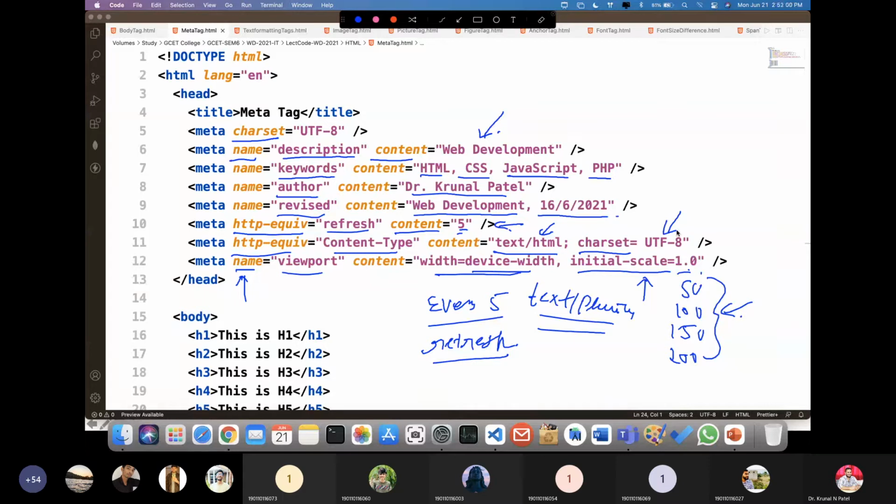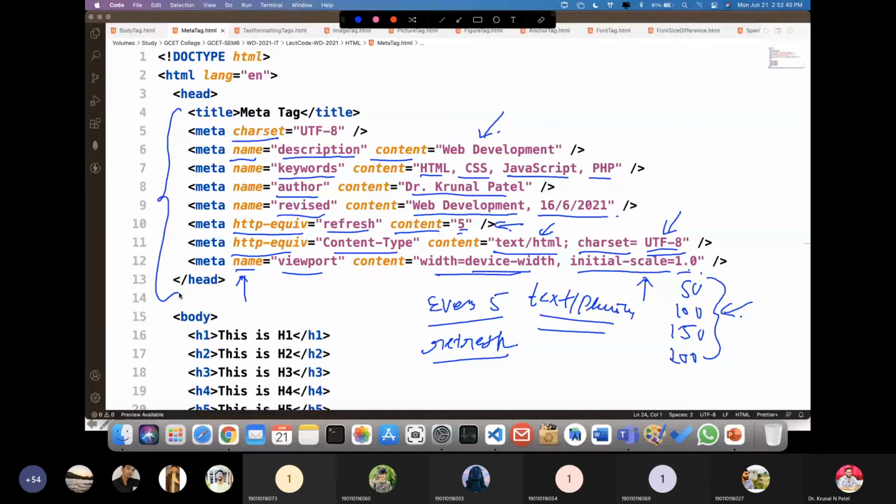Right now UTF-8 is the default, as I discussed earlier, but for previous browsers the default value was a different one. I forgot the name because it's very lengthy, so you can search the internet for that default type. But right now we are using UTF-8. So you can see, guys, these are the possible attributes you can define within the head section, and these are very useful for search engine optimization and for the search engines when searching.